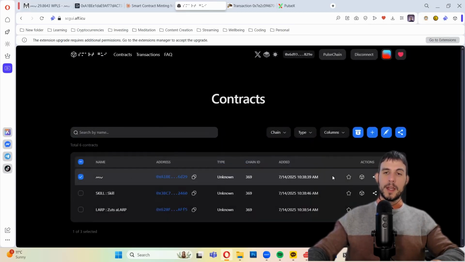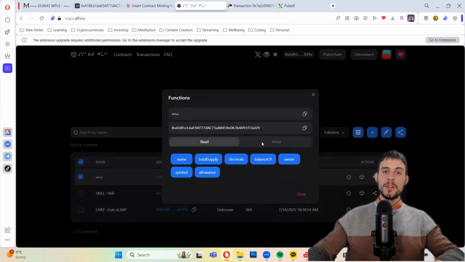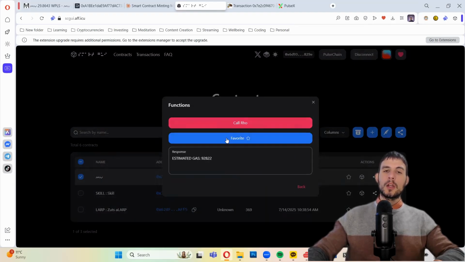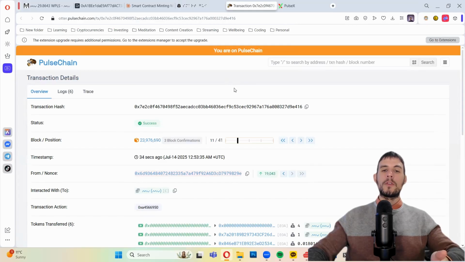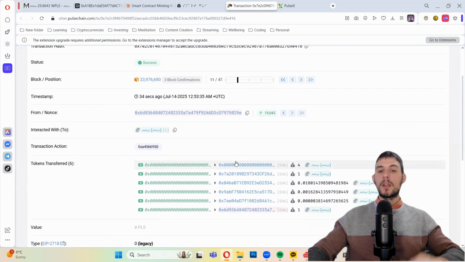So then I approve that. And then I very simply just call the row function, and it will do what it always does. It pops up, comes up with a success. And then you can see it here. It's all verified. So then what it does, it got it slightly wrong, but basically it mints 4 to the